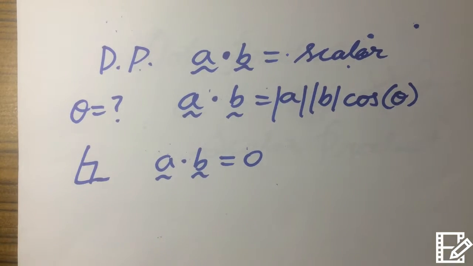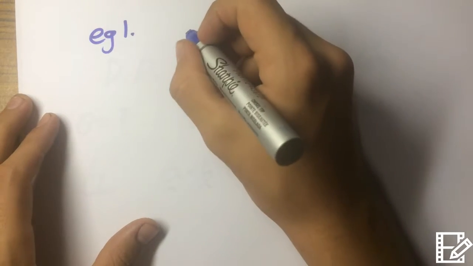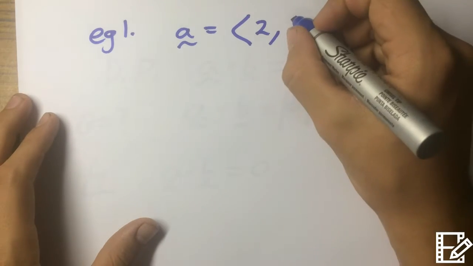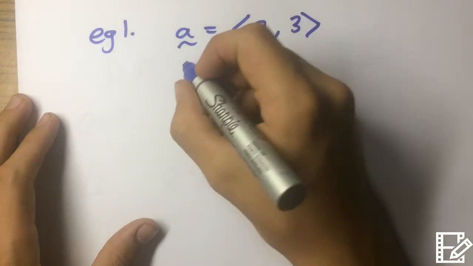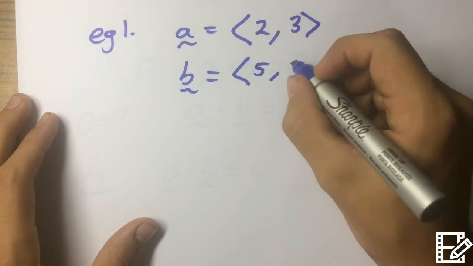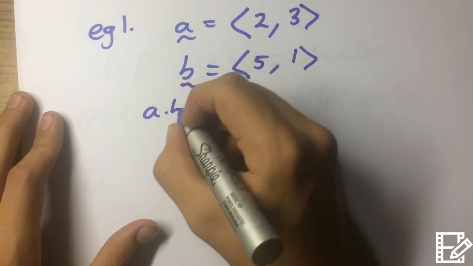Okay, so let's get right into it. Example 1: a equals 2 in the positive i direction and 3 in the positive j direction. b will equal 5 in the positive i direction and 1 in the positive j direction. a dot b